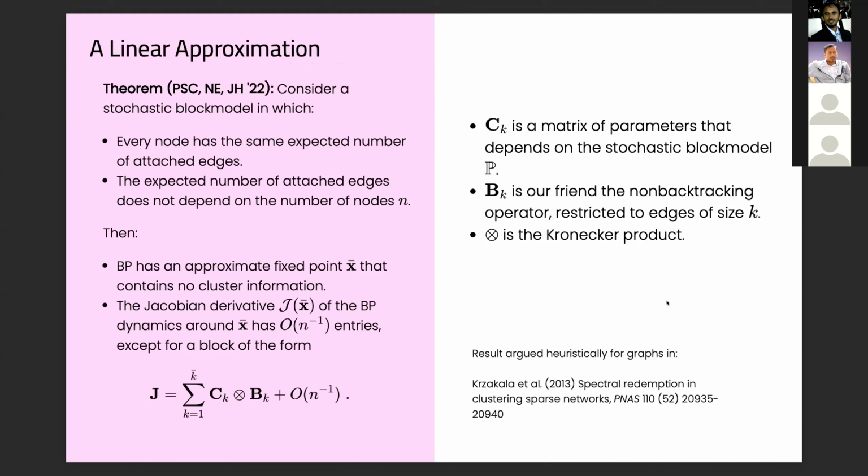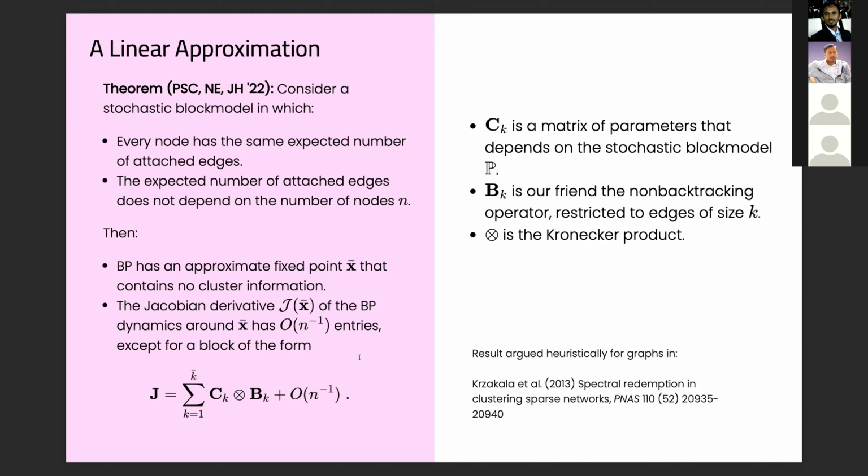And so I'm going to present a couple more, but one more theoretical result. If we consider a stochastic block model in which every node has the same expected number of attached edges, and the expected number of attached edges does not depend on the number of nodes, then the belief propagation algorithm has an approximate fixed point X bar that contains no cluster information, which maybe sounds a little bit unpromising. But more promising is that the Jacobian derivative of the belief propagation dynamics around that uninformative fixed point has small valued entries except for this block J, which is going to be powerful for us to be able to calculate